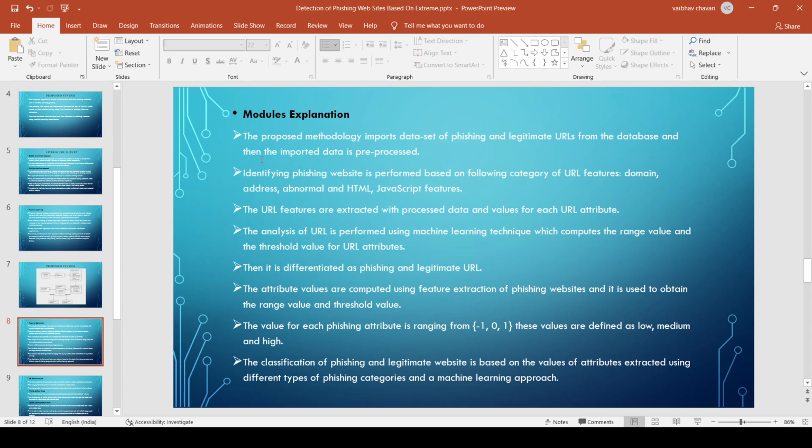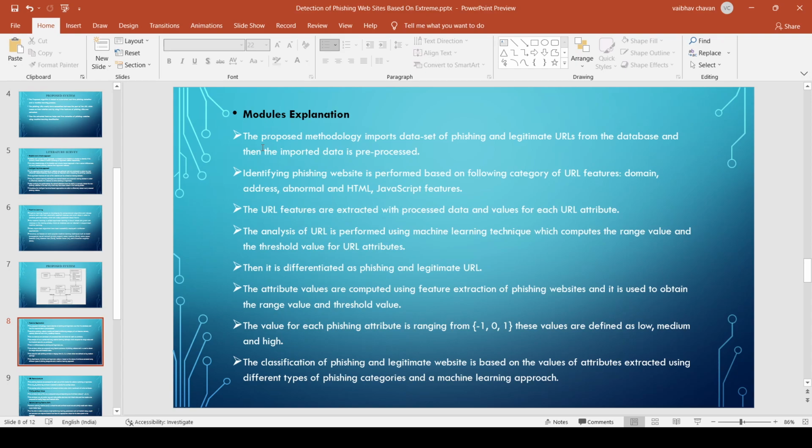Identifying phishing websites is performed based on the following categories of URL features: domain, address, attributes, HTML, and JavaScript features. The URL features are extracted with processed data and a value from each URL attribute.